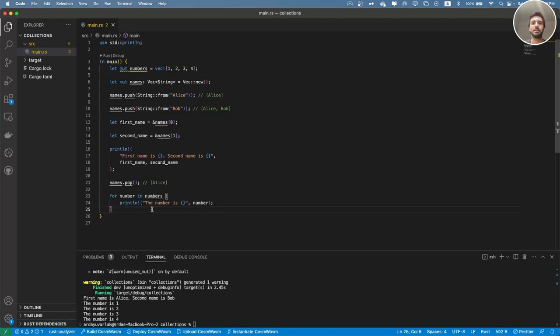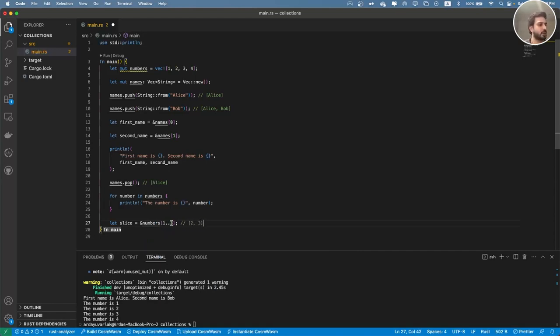Now let's see how we can slice a vector. Slicing means what it exactly sounds like. A slice is a part of the vector we are getting. We knew string slices, which are a part of a string. So we are going to create a slice of a vector. For that, I'm going to say let slice here, and then I will say numbers[1..3], and with this we are expecting to have 2 and 3,